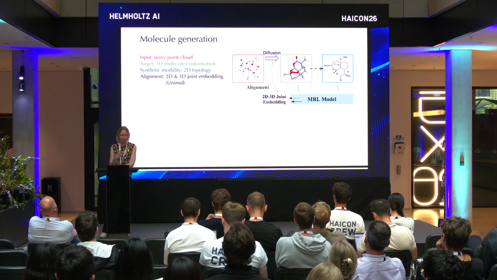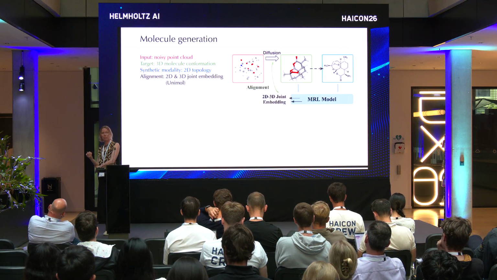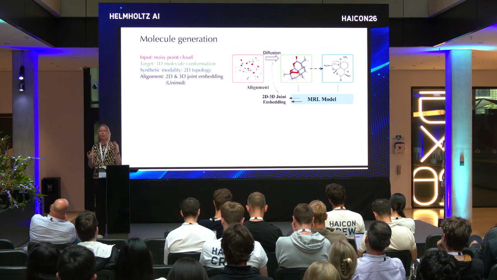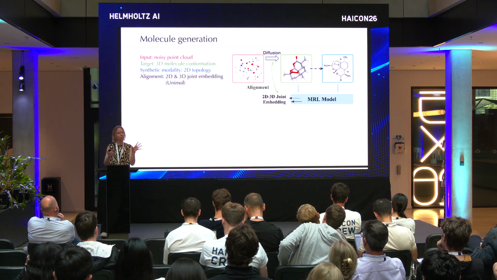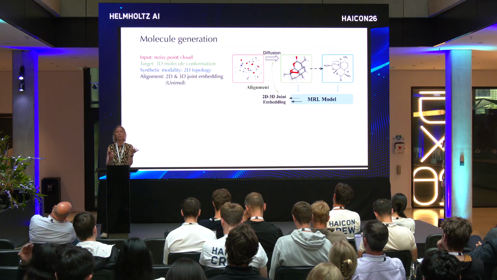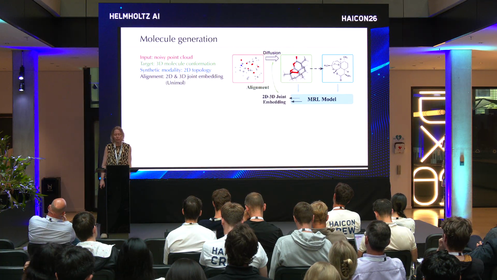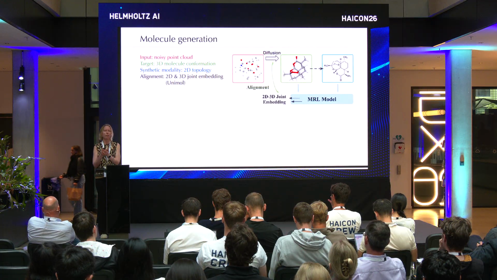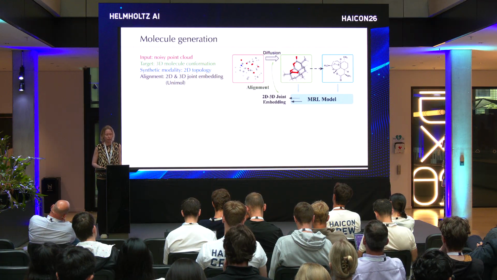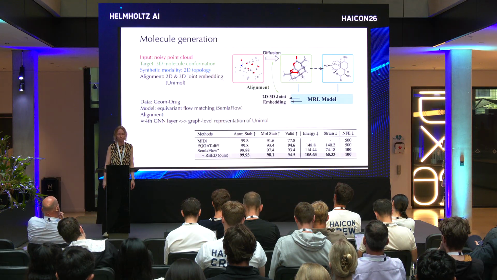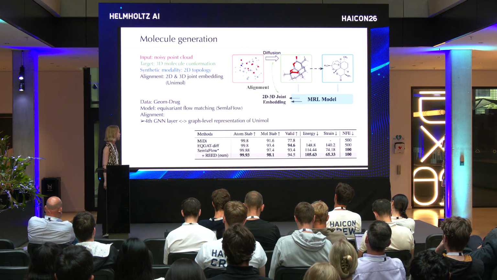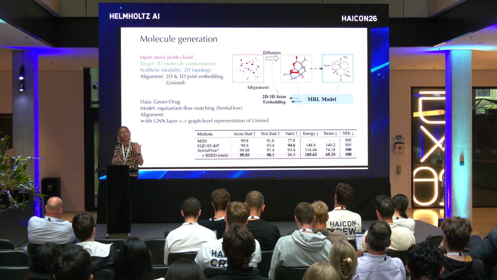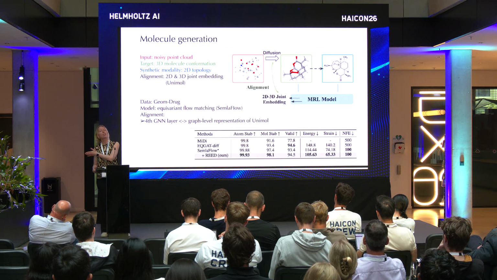Okay, and the last example is molecule generation. So you can do the same thing here. You have a noisy point cloud, you want to make a molecule, and the two modalities are the 2D and 3D. So 3D, that's the natural one, and the auxiliary one is that you build a graph. You can do this with tools, and you do a multi-modal representation model. You use that to get the different representations. Again, I don't have the speed up curves here, but it actually does perform better than the models without the alignment.